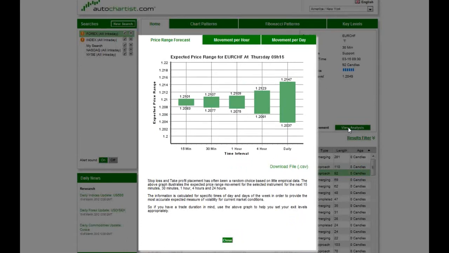Now, what this is, it's a volatility indicator, right? So PowerStats doesn't tell you in which direction it thinks the market's going to go, like the search screens we've been looking at. PowerStats simply tells you